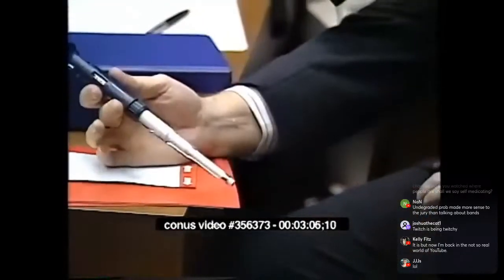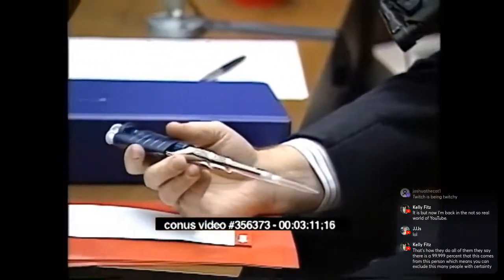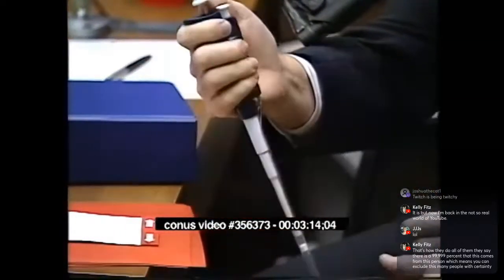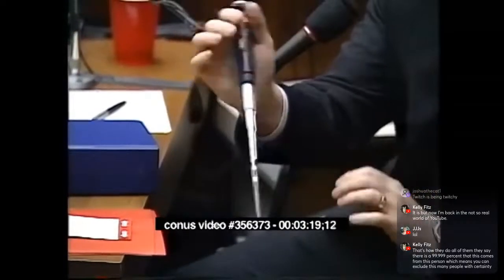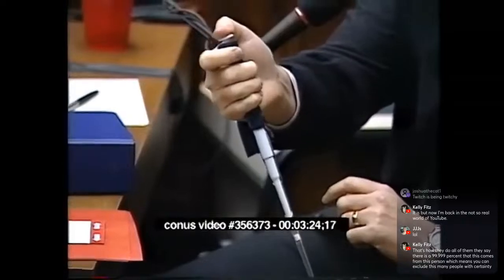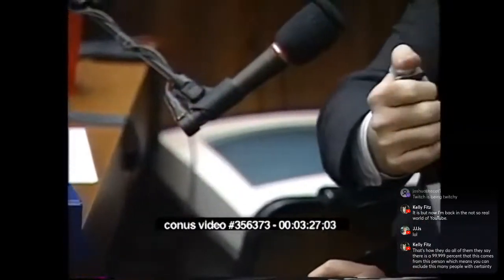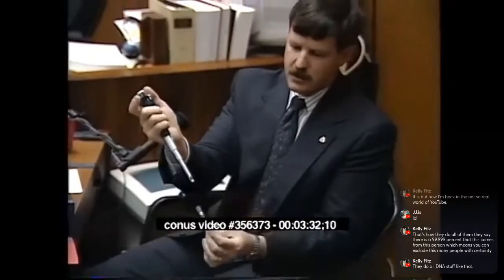The unit is reusable because that's where you set the amount, but it has a tip on the end of it that is what you're actually drawing the fluid into. They come in different sizes, from very fine to this one, which holds a maximum of 1 milliliter. You depress the plunger, draw up your fluid, and then press it again to deliver it. When you're done with that sample, there's another plunger on the back that releases the tip from the unit,